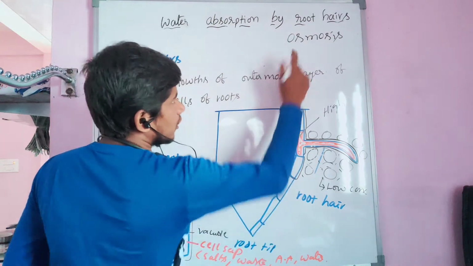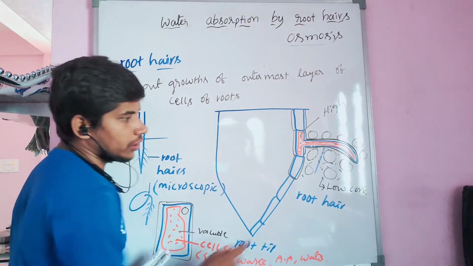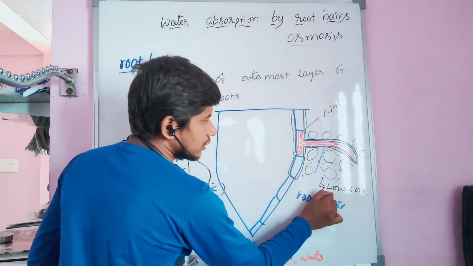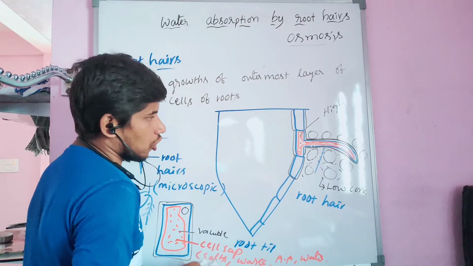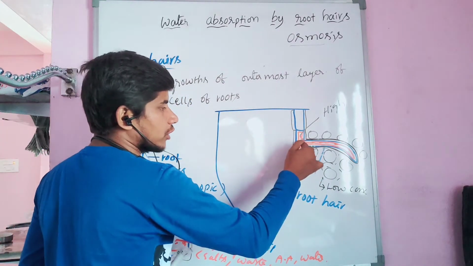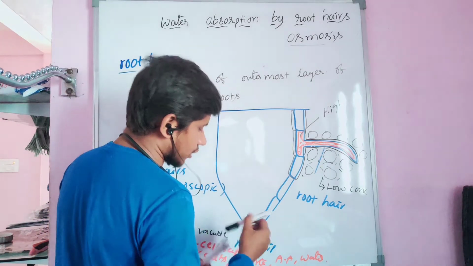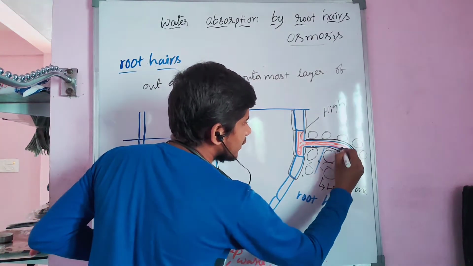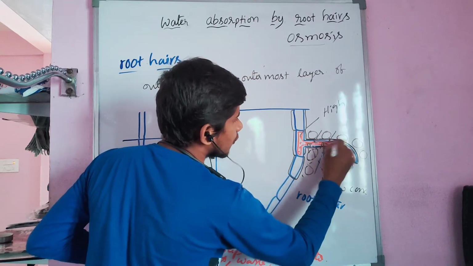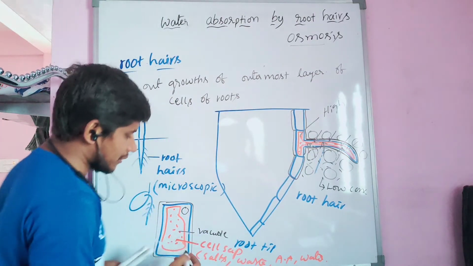Now the process of osmosis takes place, that means movement of water molecules or solvent molecules from the low concentrated solution, that means from the soil the water is absorbed. So the cell membrane is semi-permeable, it won't allow the water to leave the cell, but it allows the water to enter the cell. That means the water from the soil is absorbed into the cell sap by the process called osmosis. See, now the cell sap is receiving water.